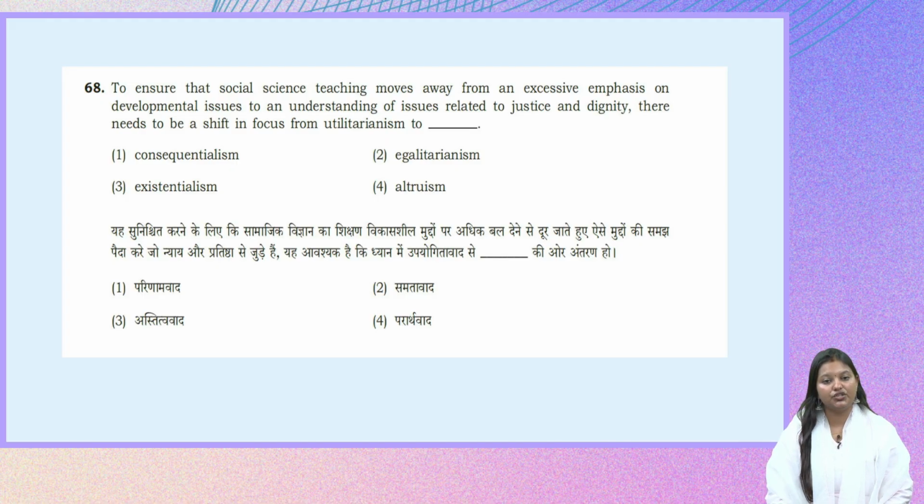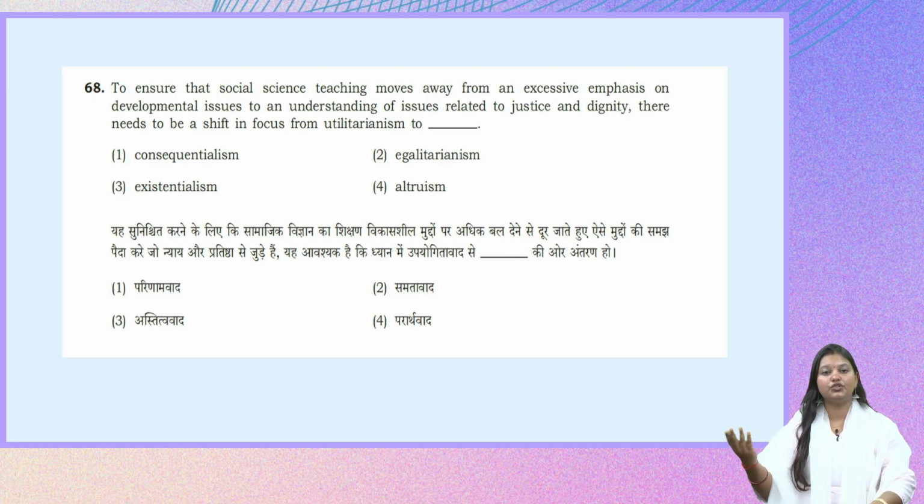So, to read the question again: to ensure that social science teaching moves away from an excessive emphasis on developmental issues to an understanding of issues related to justice. These are the keywords here: justice and dignity. There needs to be a shift in focus from